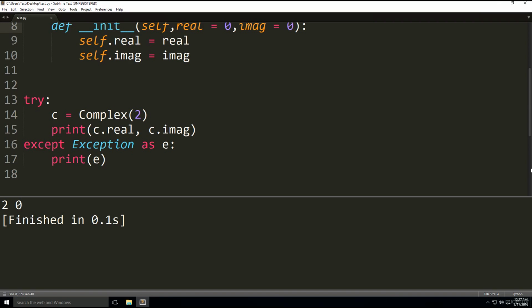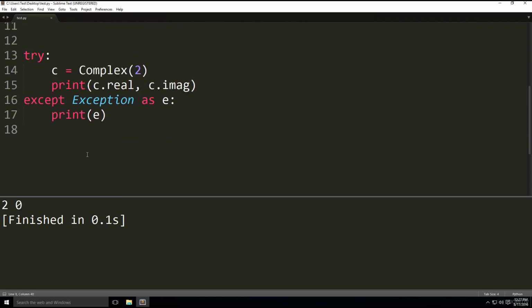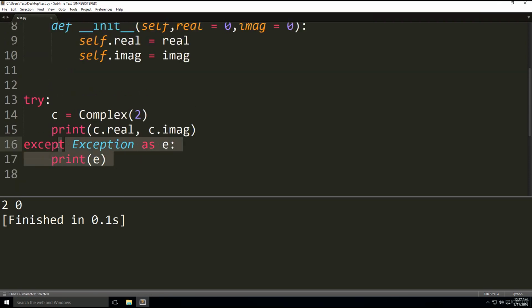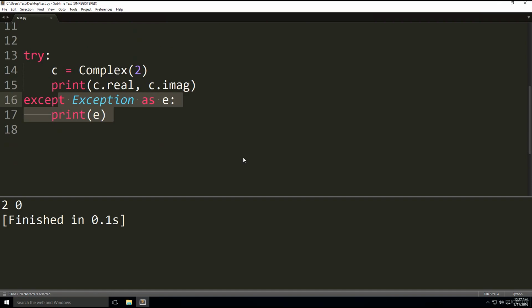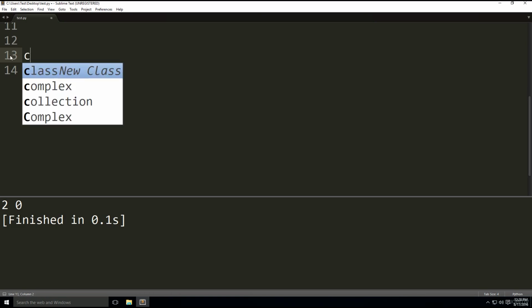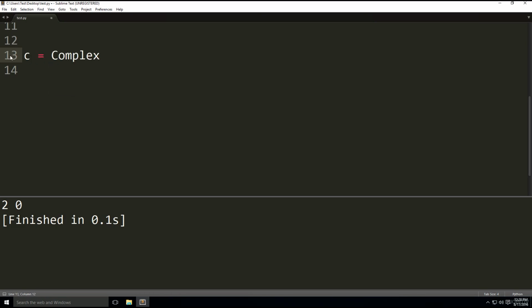Everything is all good. So now in our next example, let's say we want to pass sequences to our class itself. We're going to do that in the following way. So let's erase this. So c equals Complex, and then we're going to say our 2 attributes are as follows: 2, 3, and 1, 2, 3, like this. So these are our attributes. And then when we print them out, everything is fine and dandy. But